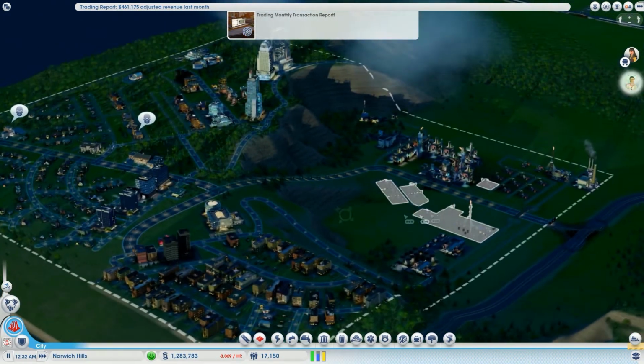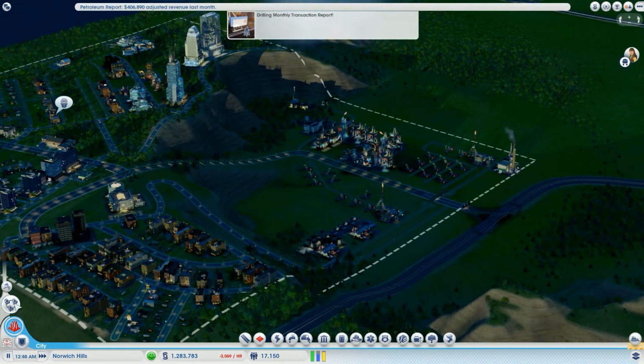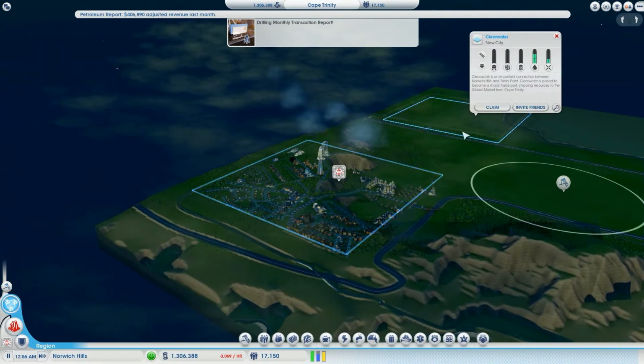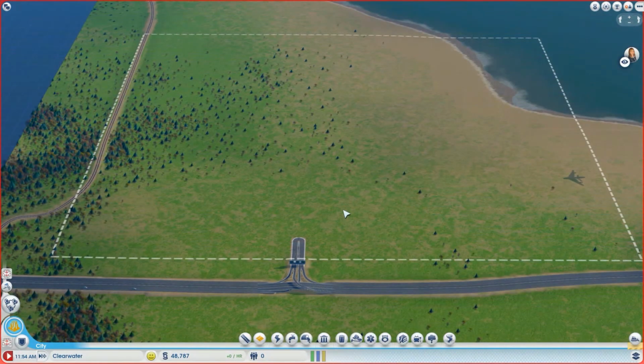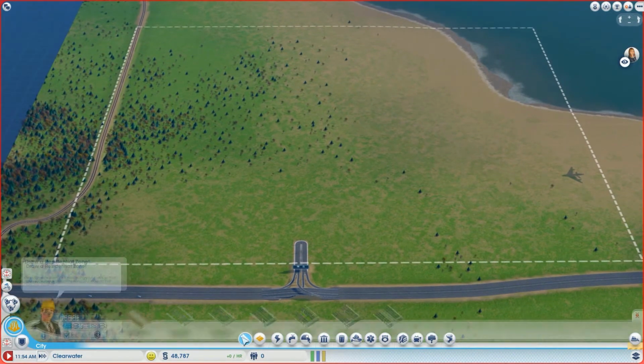So now, all this is aside. Let's go ahead. We're going to go to our region view. We're going to click on Clearwater, and we're going to claim it. This is for us. I claim Clearwater in the name of YouTube. So here we are in Clearwater, and what we have to do is take a little bit of road,